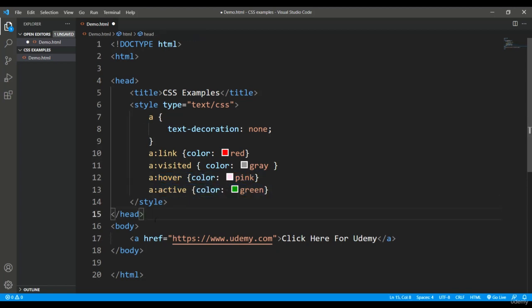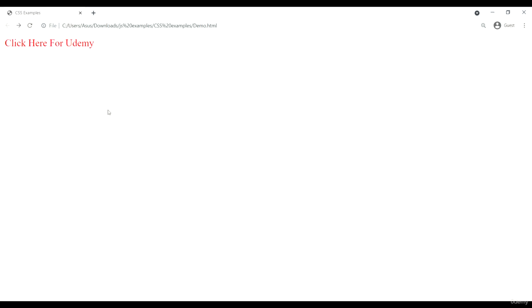Alright, so let's save it, and I'll put an anchor tag here in the body, that is the href. Like I want to go for just a sample text. Alright, so let's save it. Let's come to the browser. And here, as you can see,